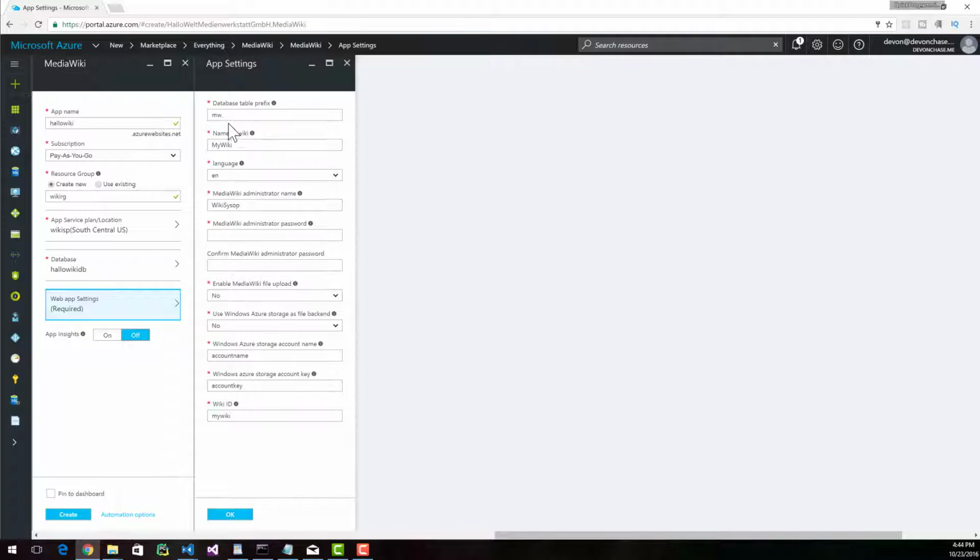So in this case, they give you the default MW for MediaWiki underscore, so you'll always know what your wiki tables are if you have a shared database. If you don't have a shared database, it doesn't matter either way, but you can always leave it. It doesn't hurt anything. The name of your wiki is important. It'll be the one that shows up whenever you go to your wiki. I'm going to leave mine as My Wiki just for default,